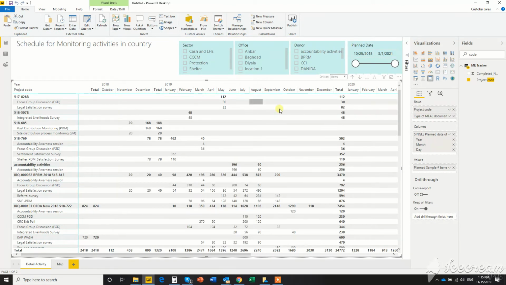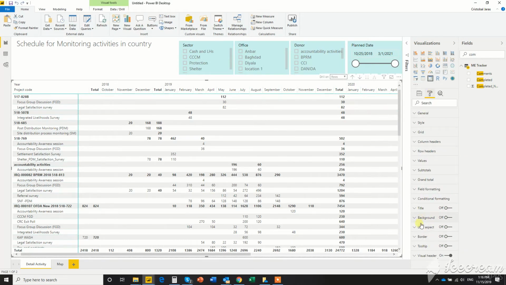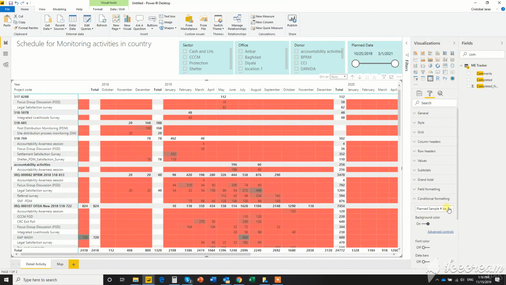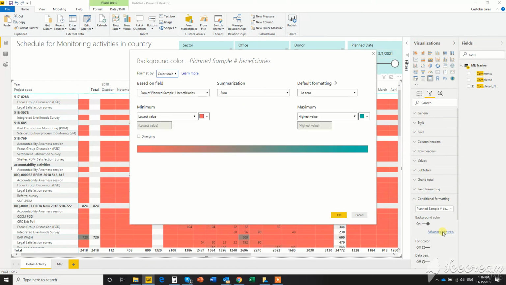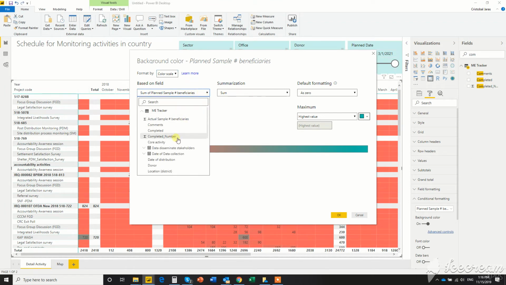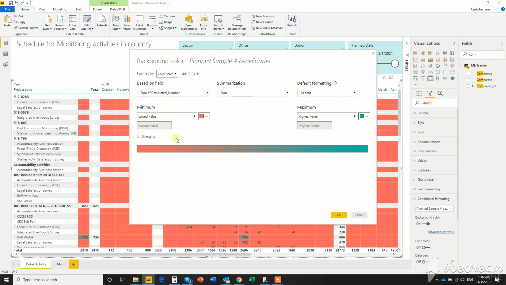In the graphics, you won't see much, but you have this new variable here on the side. It's completed number, right? So what we do with this variable, now to add the color, I just simply go to formatting, and in conditional formatting, I add a background color and go to advanced controls. By going to advanced controls, I look for the field that I just created, which is called completed number, and I ask for an average